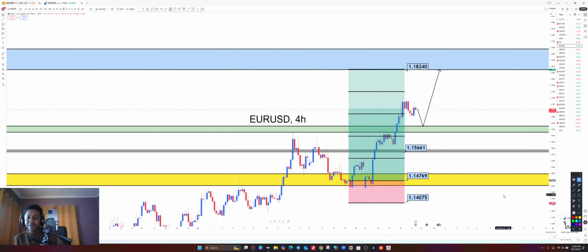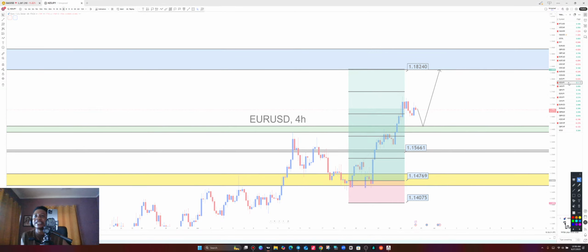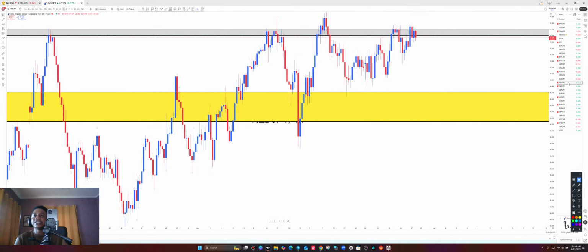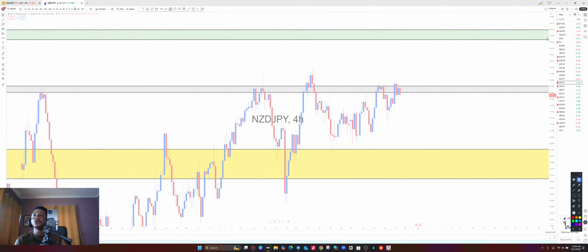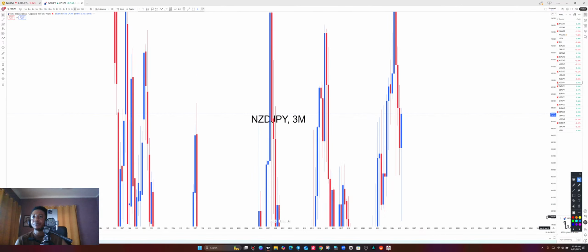All right, so the next pair is going to be NZD JPY. I'm also seeing SHEV JPY. So from NZD JPY, we are likely to go to SHEV JPY. Let's go to NZD JPY. What has happened on NZD JPY? Let's take it all the way to a 3 months time frame and then begin with the flow of NZD JPY.